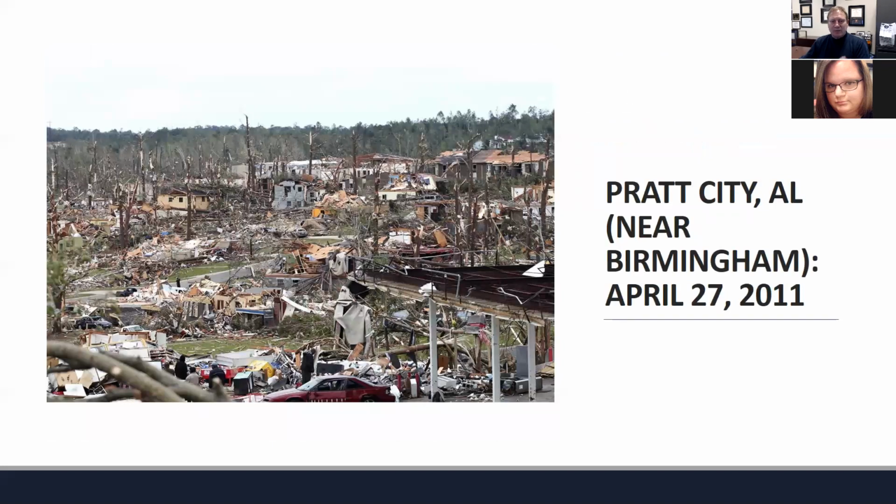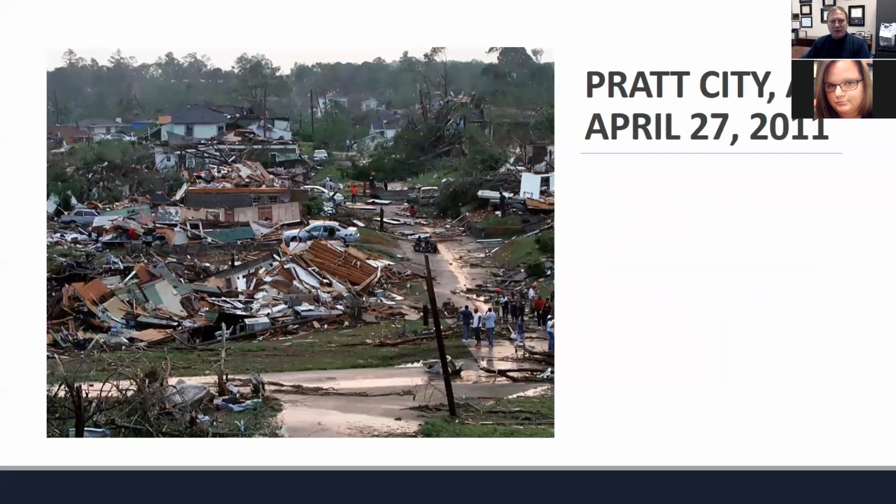This gives you an idea of kind of the swath of damage and destruction that took place. And this is near Birmingham, which is not that close. Is not close to Tuscaloosa. It also reminds you that there were storms that came through in different parts of the state about the same time. I've got a picture coming up of an industrial facility, just to again give you an idea of some of the damage that occurred there.